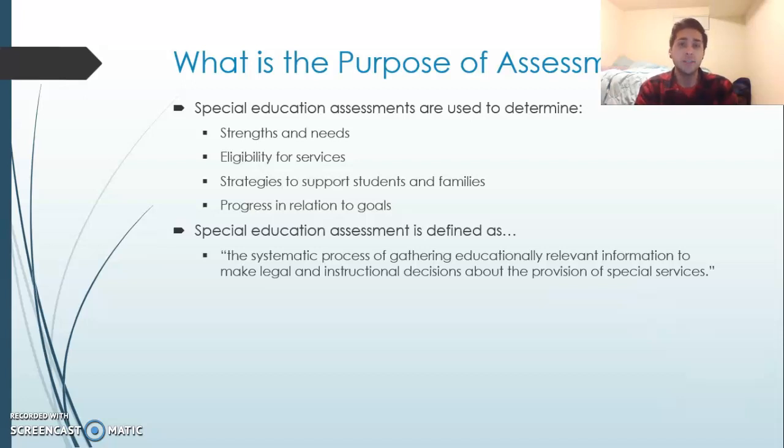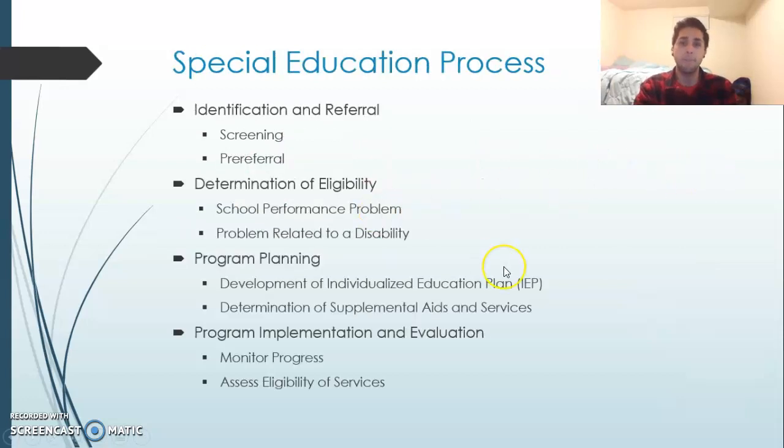According to our text, special education assessment is defined as the systematic process of gathering educationally relevant information to make legal and instructional decisions about the provision of special services. The special education process consists of 4 different phases: identification and referral, determination of eligibility, program planning, and program implementation